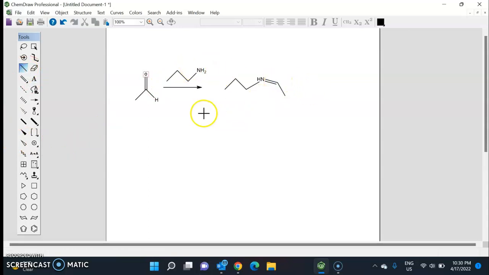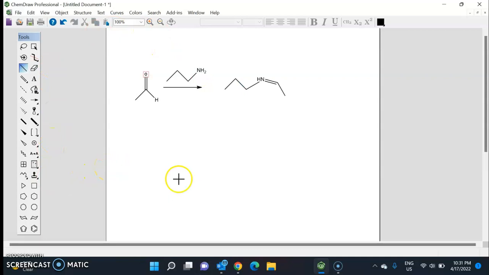So this is the carbon that is right here. And the rest of this was just added on, and we have this double bond with our nitrogen that we formed. So this group right here is called an imine,